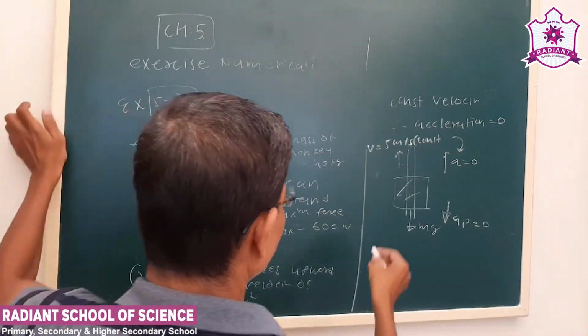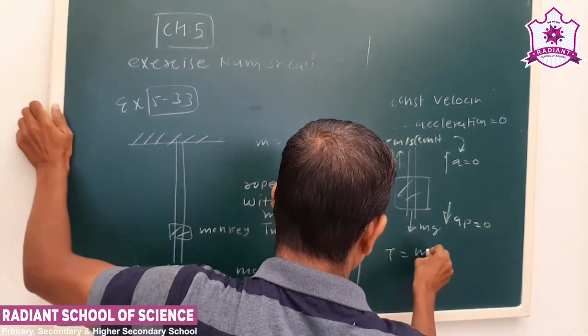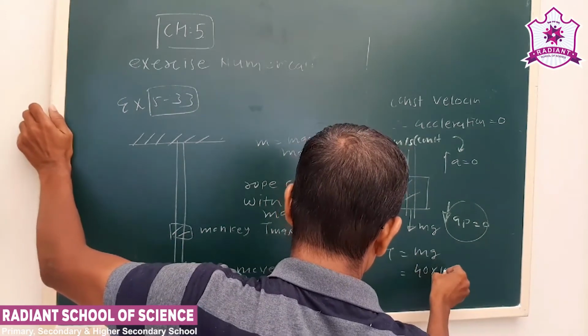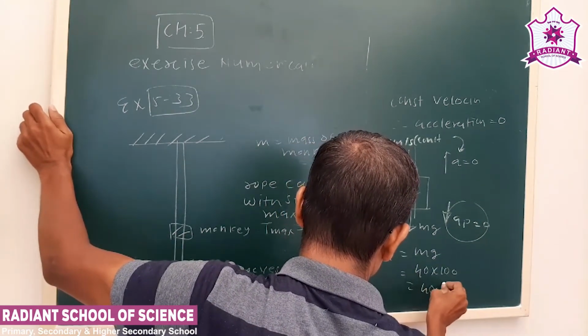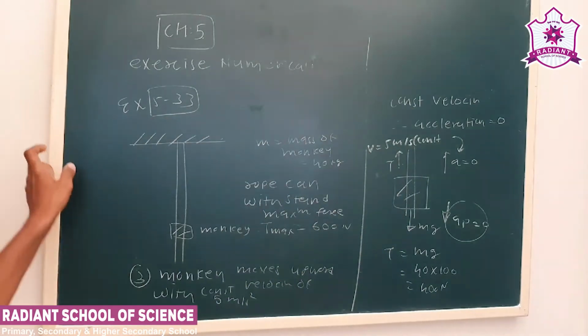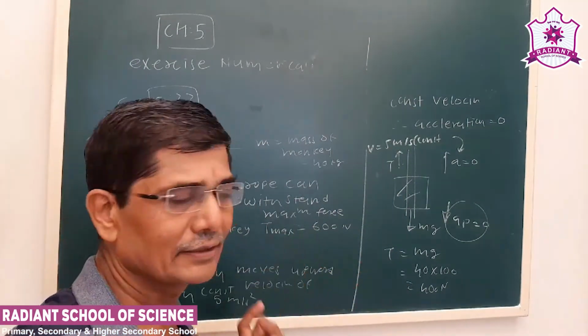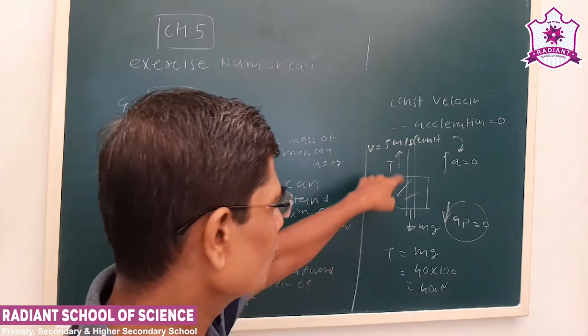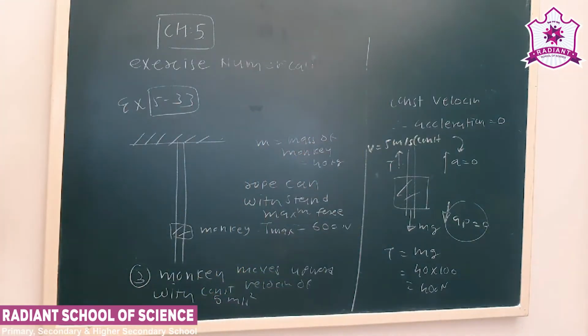So what is the tension? T is equal to mg only. Why is AP 0? So here also T is less than 600 Newton. That's why, see, he can move upward on the rope with a constant velocity safely. And the fourth case is